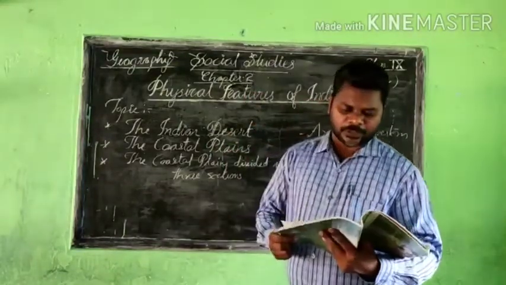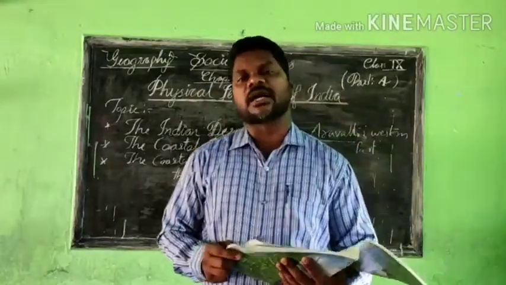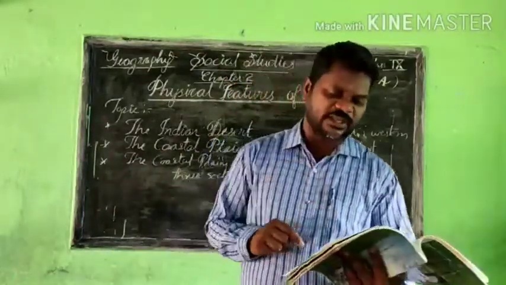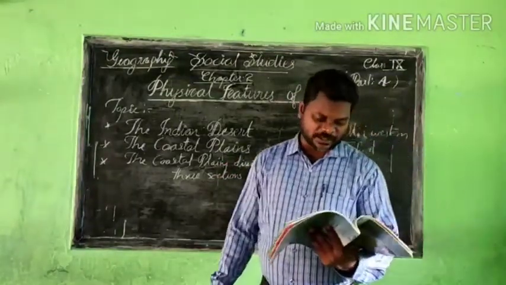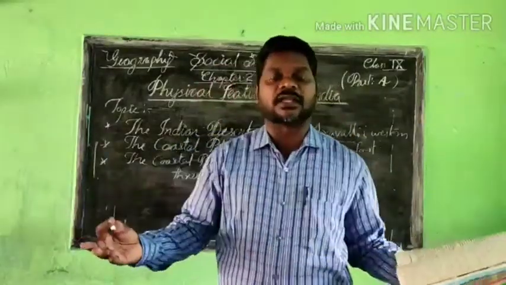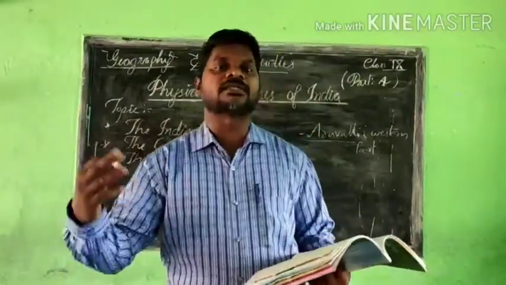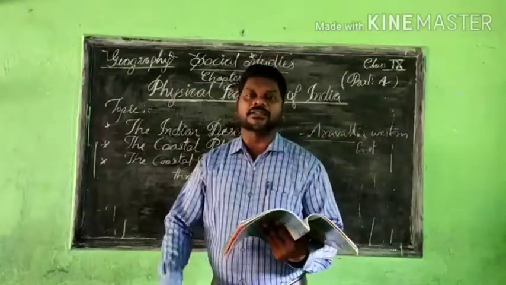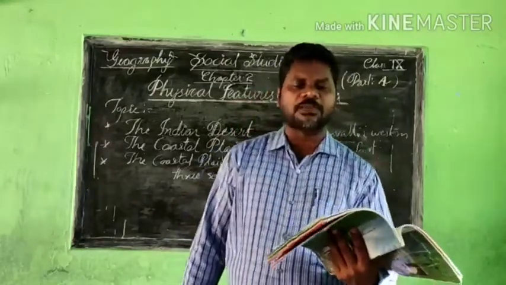It is an undulating sandy plain covered with sand dunes. The desert area is completely filled with sand. The region receives low rainfall. In other areas we get rain and monsoons, but this type of rain is not available in the desert areas. Even in the monsoon they get very little rain. That type of area is called a desert. The region receives low rainfall, below 150 millimeters per year.